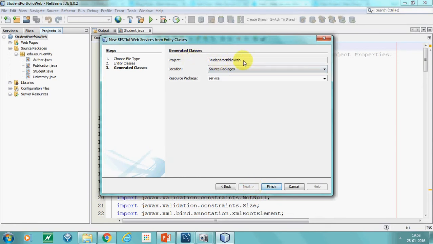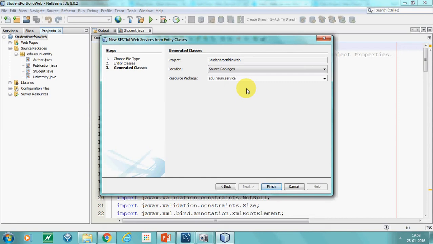It says the generated classes would be in this project. Location is source packages, and my resource package name, I told you, is the reverse domain name of your company. We'll take the sample example, edu.nsuni.service. So these are going to be the RESTful web service classes, located in the Java package where the package name is edu.nsuni.service.